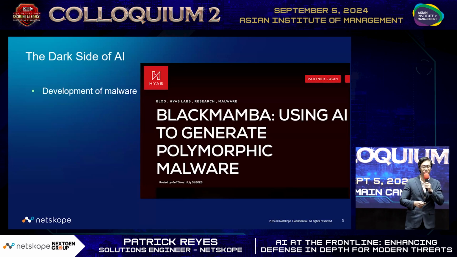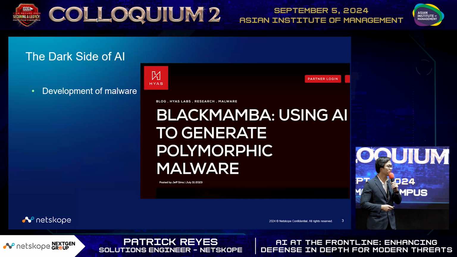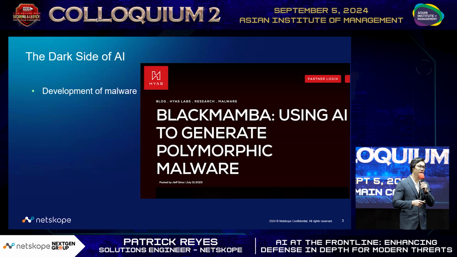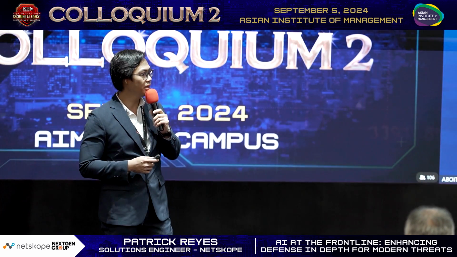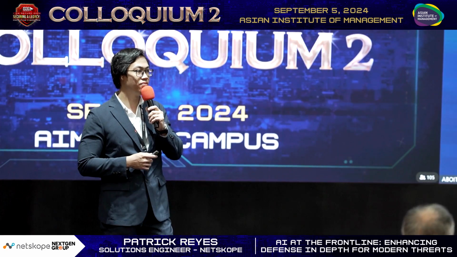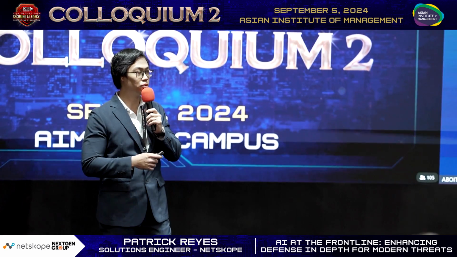First, they use AI for the advancement of development of malware. The one I'm showing you is a sample of a malware that was reported last year by a researcher and created using generative AI. What makes this malware more advanced is that it is dynamically adaptive, meaning this malware adjusted its source code coming from the generative AI to effectively evade any endpoint security solutions, being polymorphic.